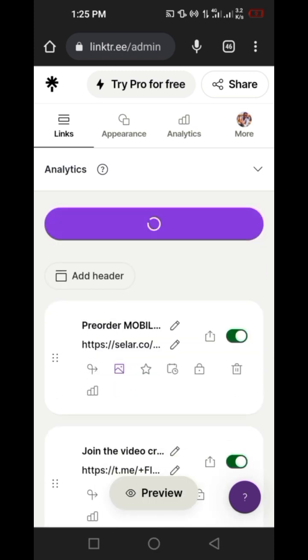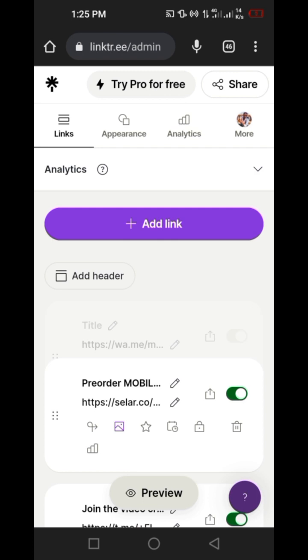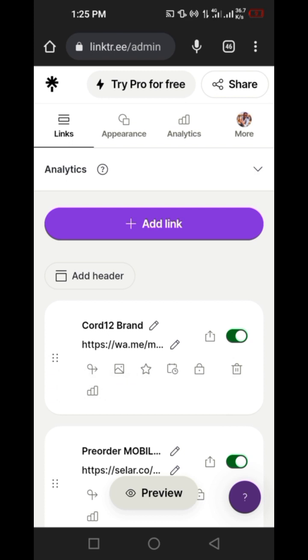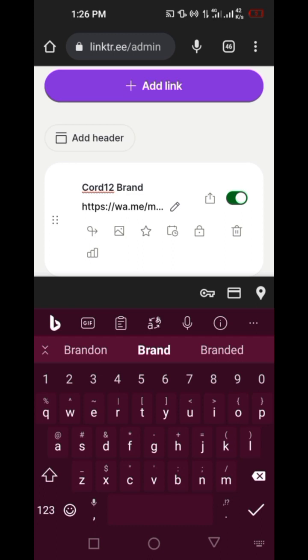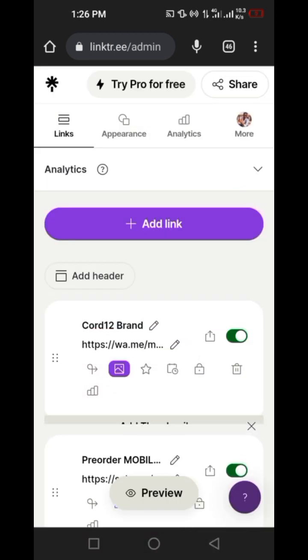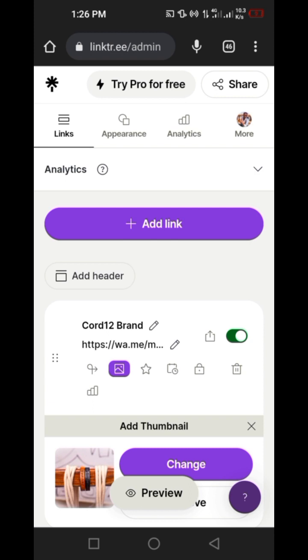The moment you're able to click on add, it will bring the remaining things you want to do, like putting the header. The link is there already, so you can edit. Instead of core 12 brand, you can put your brand name, then you can add a header, you can add the image you want to add as a thumbnail, and you have the rest that you need to add, and it works on your page directly. So that is how you can create a link for yourself using